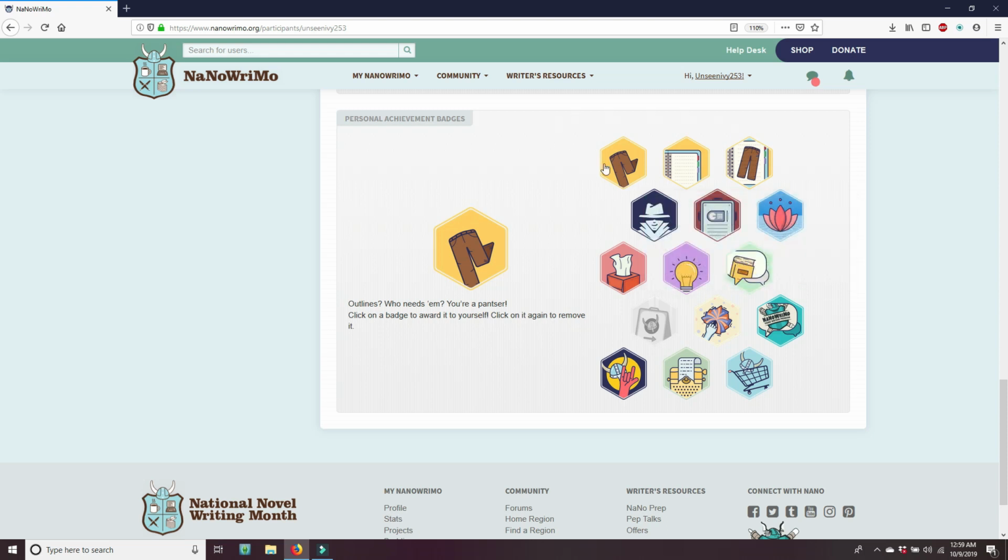I have all 3 of these selected because it kind of just depends. I feel like for some books I'm completely a planner, for some books I'm completely a pantser. I tend to be more in the middle, but then I just feel like I change so much in between them just depending on the project. I'm indecisive. I can't choose. But basically all you do is if you think something applies to you, like let's do